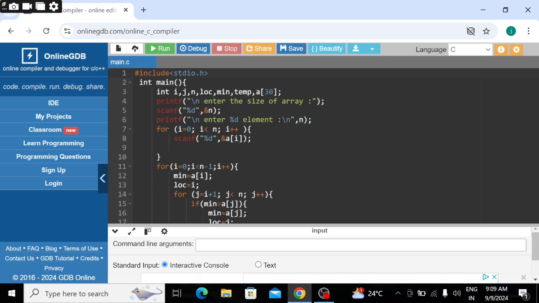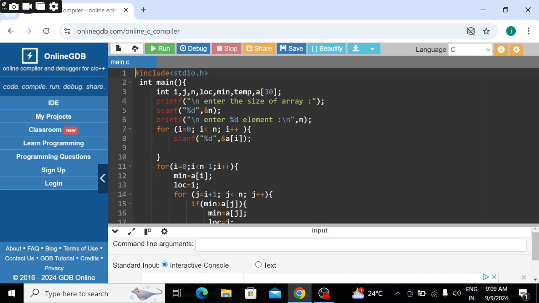Again we check our program and I can explain it. Firstly, we include stdio.h, and in int main we declare all the variables that we want and also the array size. Next, we printf to enter the size of the array and store it with the help of n.